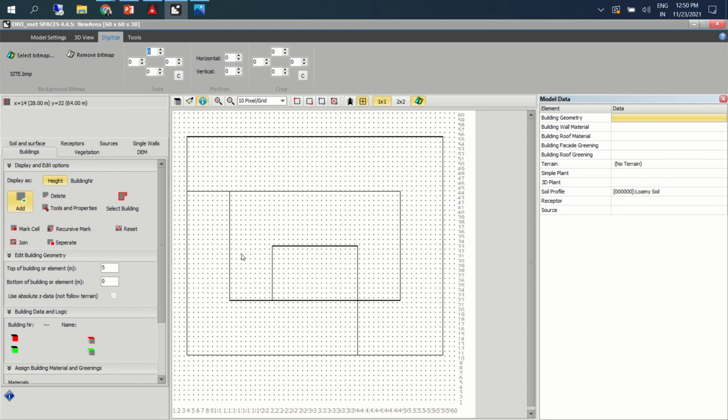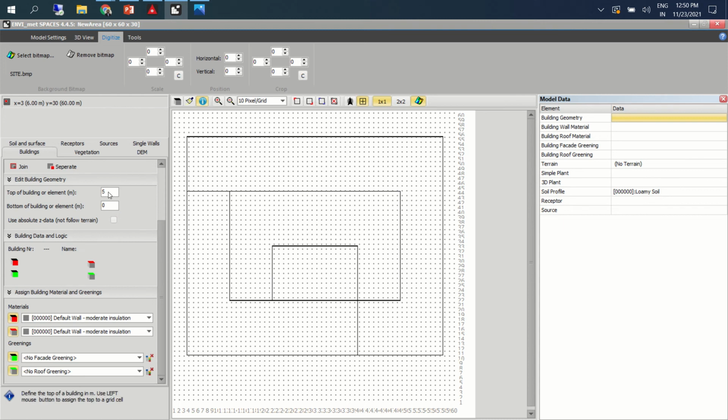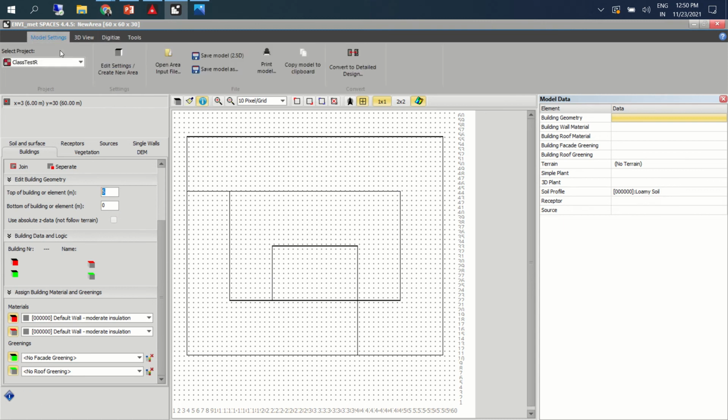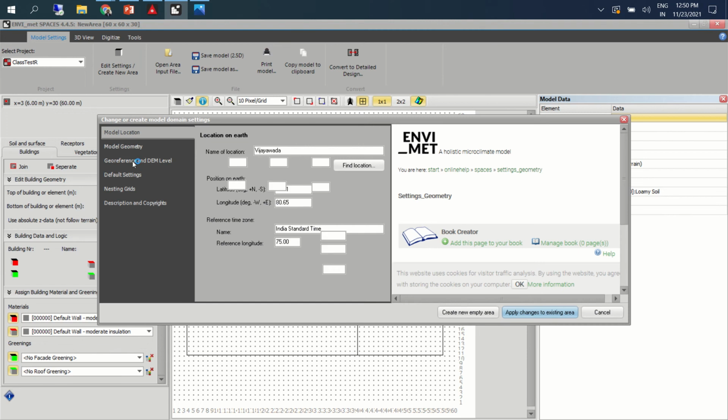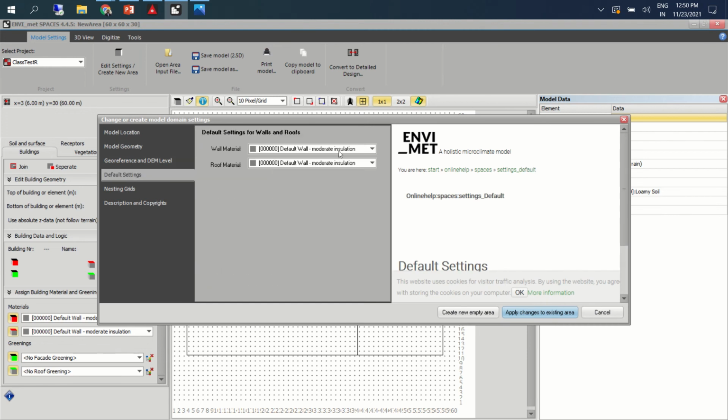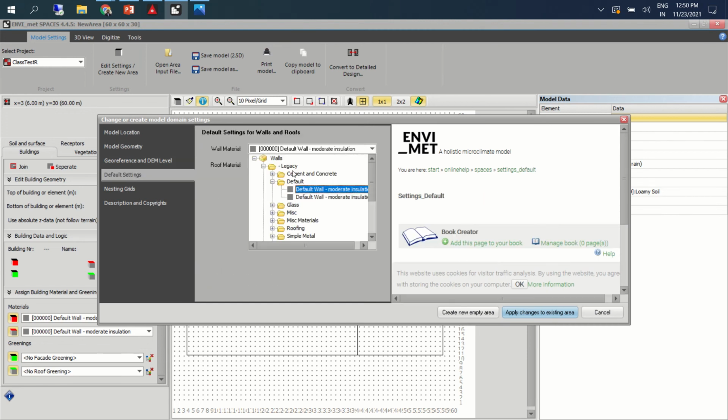First thing, let's say this is a C-shaped building that we have. I'll go to the building tab and then assign, I think we have not assigned building materials also. I'll just say wall material.